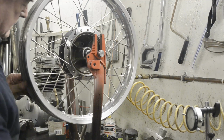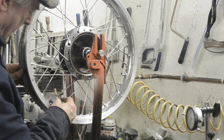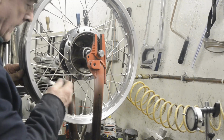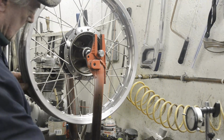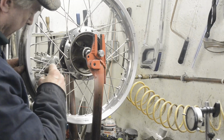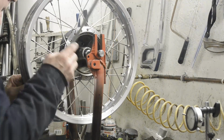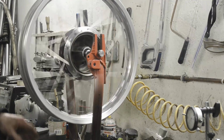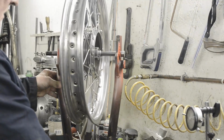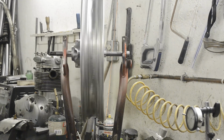And it wants to go over a little still on number 4. Still a little bit. There we go. Well, that looks very nice. See if you can see. So what we'll do now,